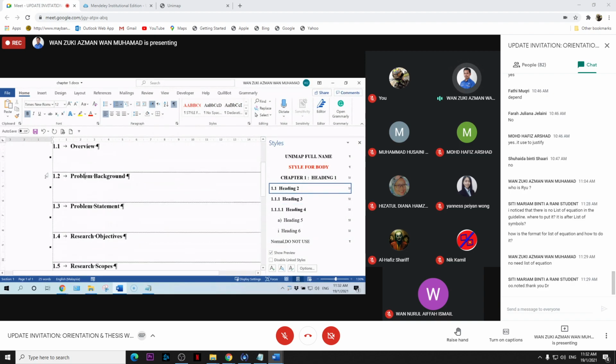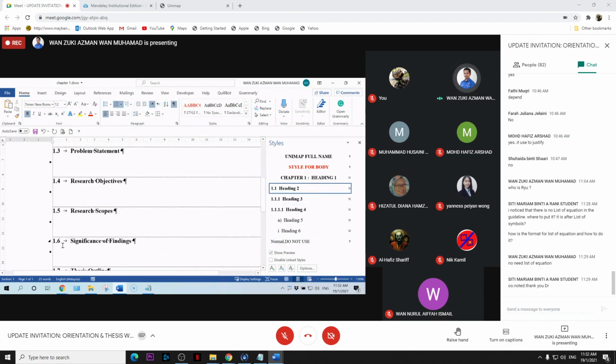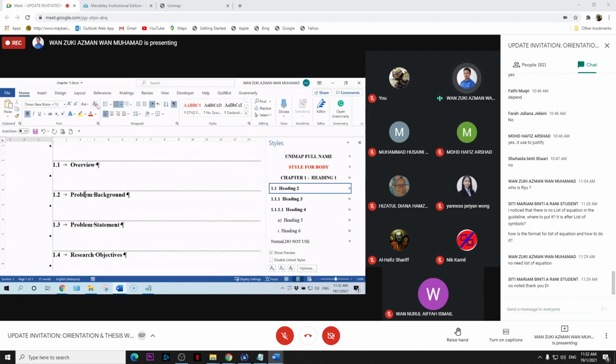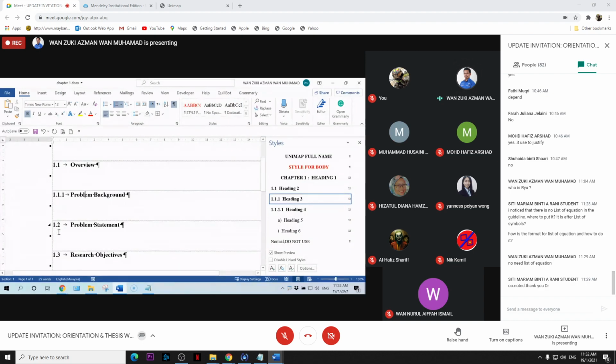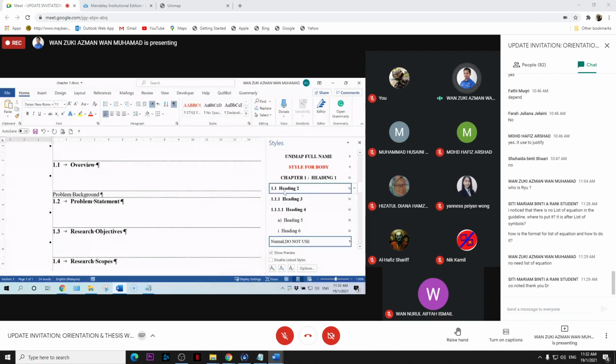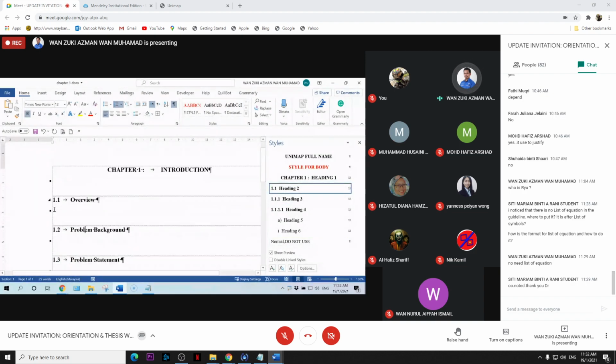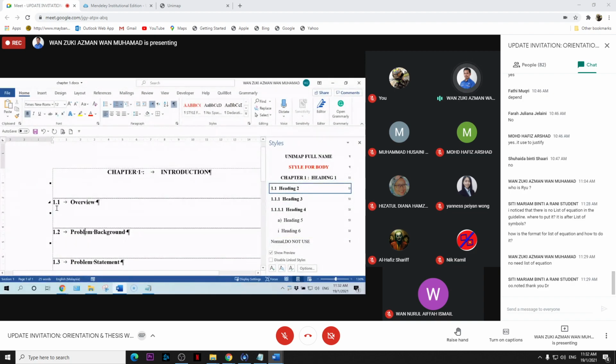You see here the number will continue automatically. If I change to Heading 3, this one will automatically update. I change to Heading 2, all these numbers will automatically update. So don't worry about the number system. The number system will be automatically handled by Microsoft Word.